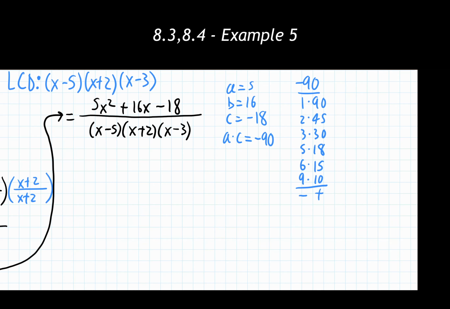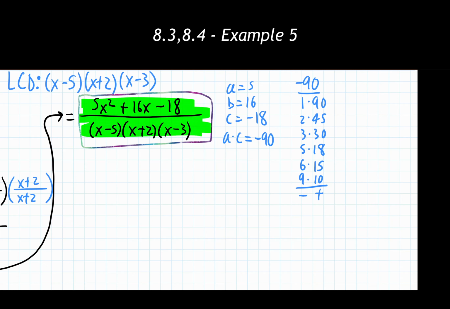All right, so what pairing of numbers when added together gives me a positive 16? And I'm seeing that no combination of numbers listed here with their respective signs is going to add together to be a positive 16. That tells me that I cannot factor this brand new numerator at all. So if I cannot factor the numerator, then that means that I cannot cancel anything in the numerator with anything in the denominator, which means if I can't do that, I am therefore done with this problem.